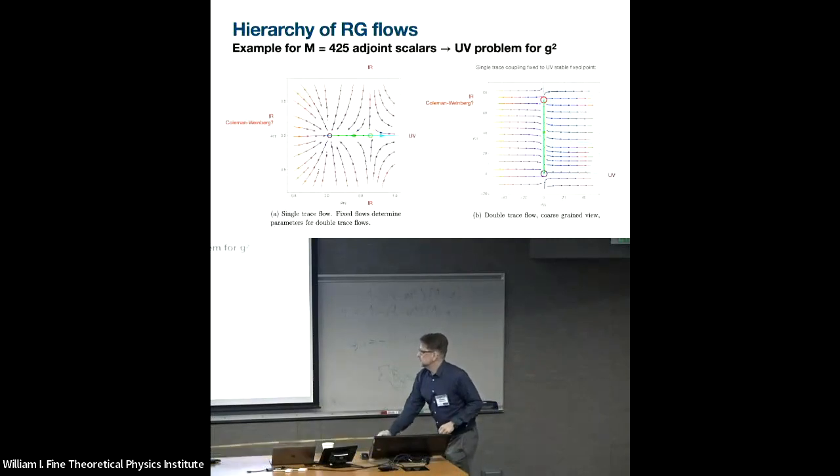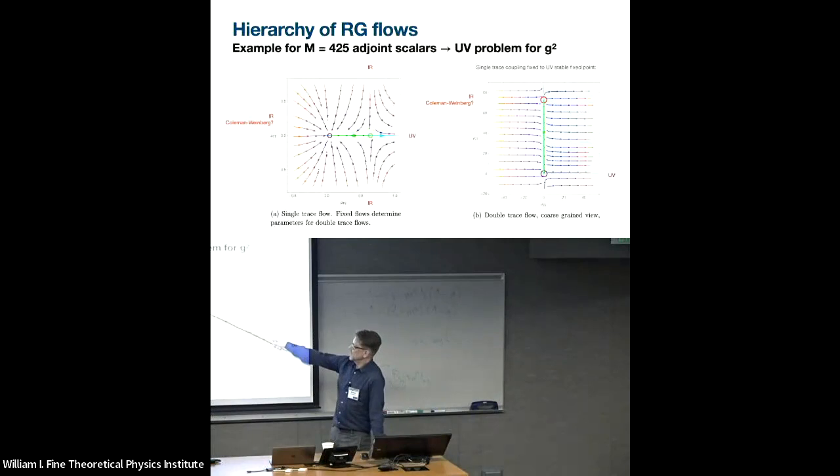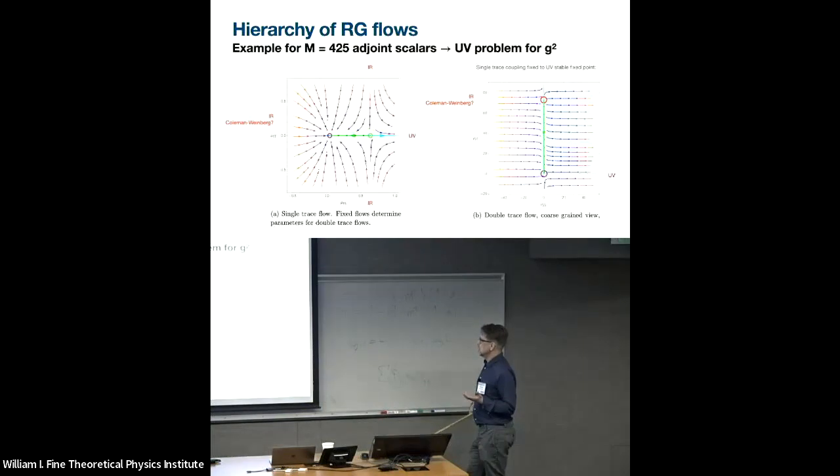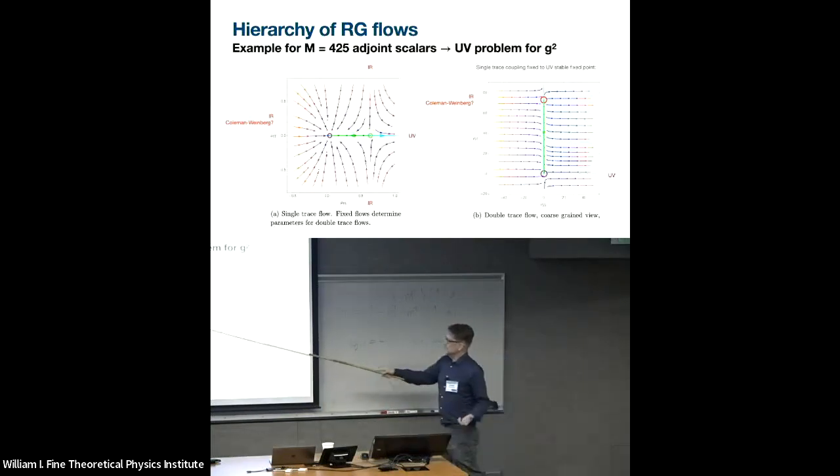For the structure, you can plot what happens for various values of M. This is the single trace flows where M is large enough that you will actually have fixed points. There's one UV stable, one IR stable and one saddle. At those values of the single trace couplings,